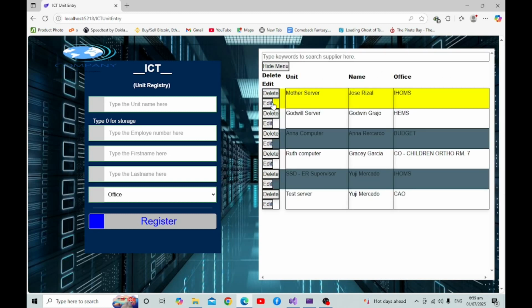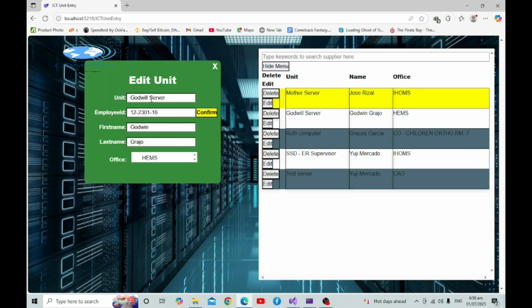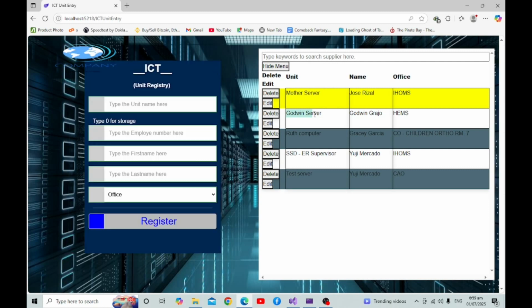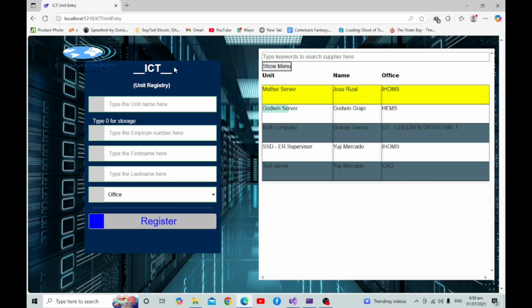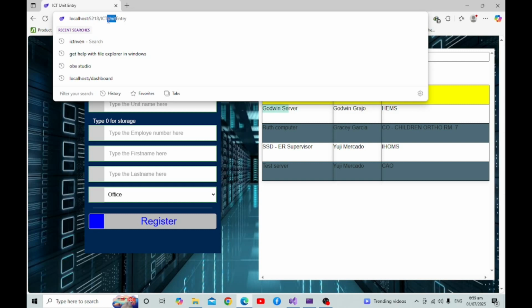And I put a show menu to display the buttons on the left side of the data, where you can delete the row, which displays a confirmation panel, which gives you a chance to reconsider your decision. Other than that, you can edit the details of the units, which as you can see, there's no save button because it is an autosave as you change the details, except the employee ID, which requires clicking the confirmation button.